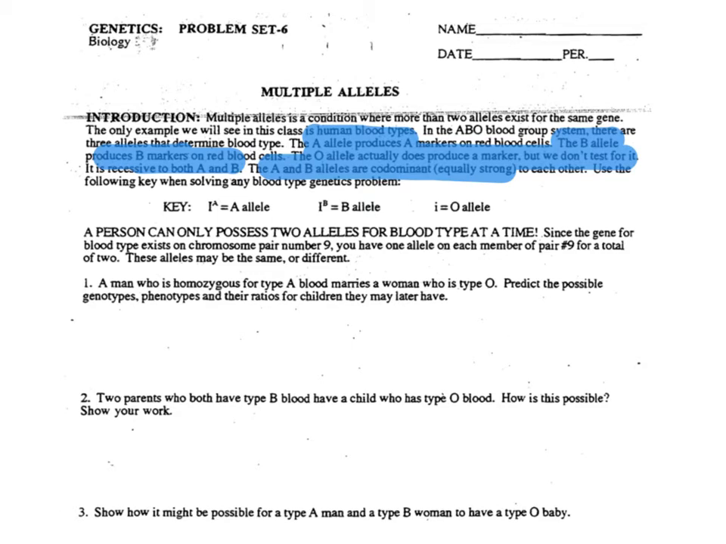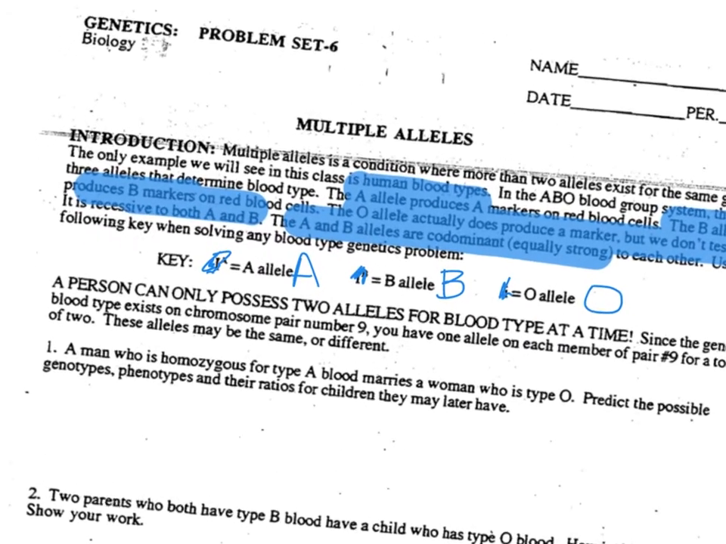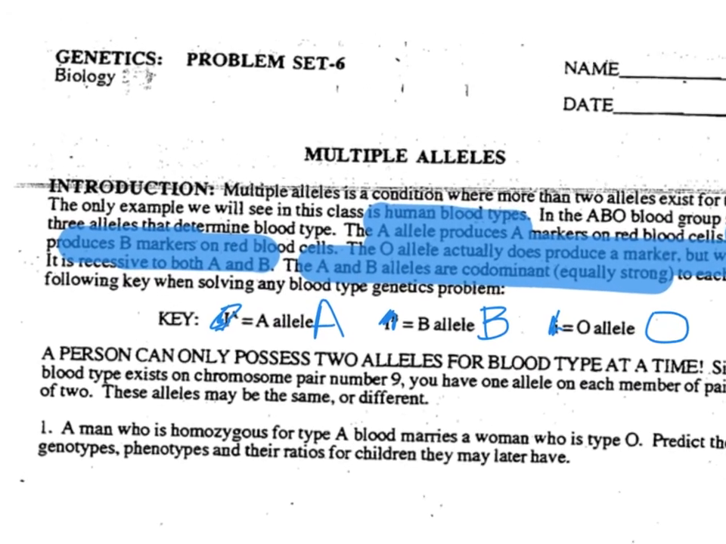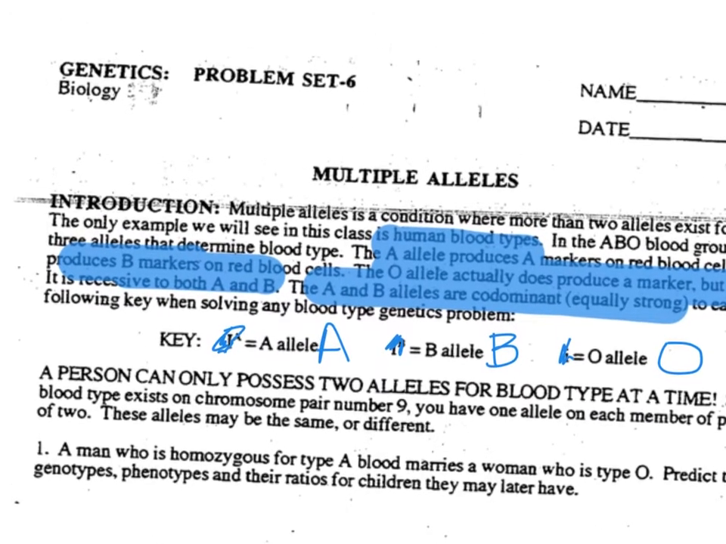So when we write this out, we're not going to write it like they have it here. We are just going to write a capital A for the A allele, a capital B for the B allele, and an O for the O allele. So we're not going to write these I's that you see here, okay? So when we go to write out possible genotypes or a key for these problems, it's going to look something